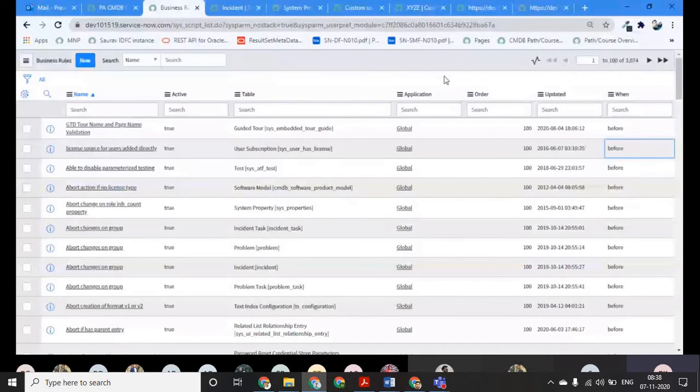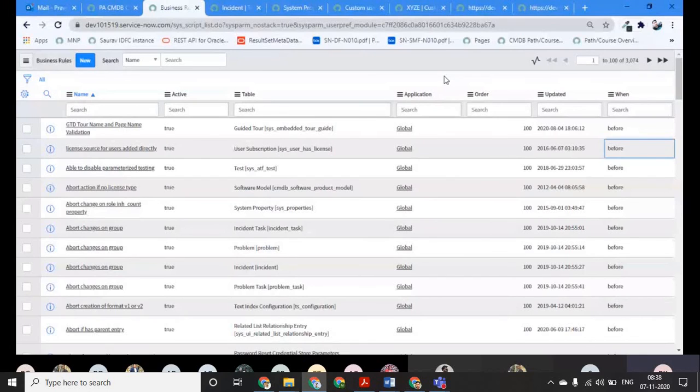It will impact either before hitting to the database or after hitting to the database. I think you guys have faced many scenarios where you want to do some validation, where you want to add something in the record, where you want to modify some record before it is inserted into the database.